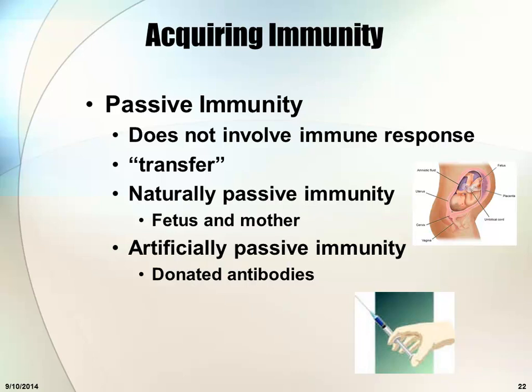Artificially passive immunity is where we artificially donate antibodies such as gamma globulins, antivenom, and rabies vaccine. These are all artificially donated antibodies. For example, I got exposed to